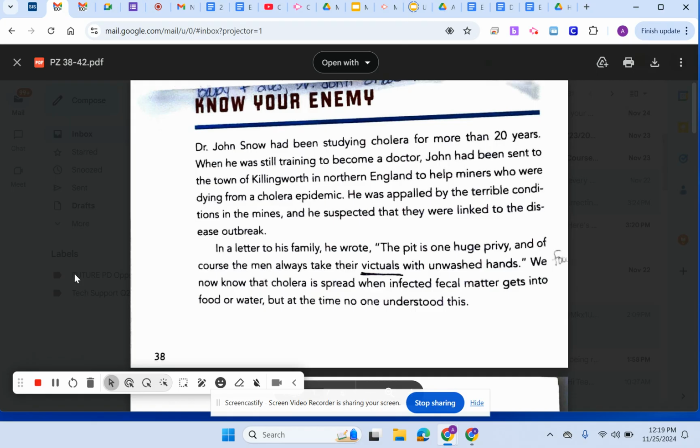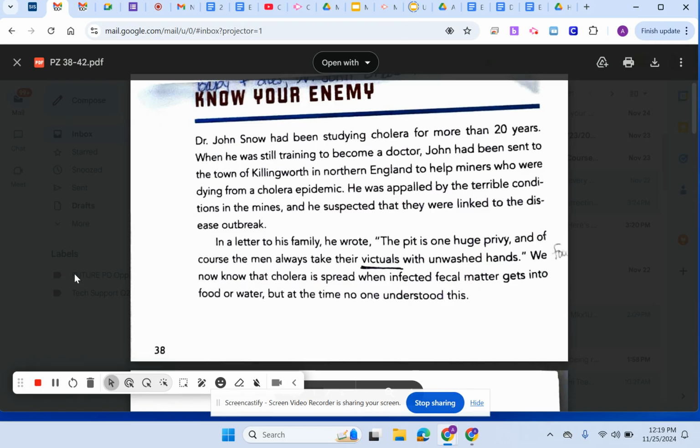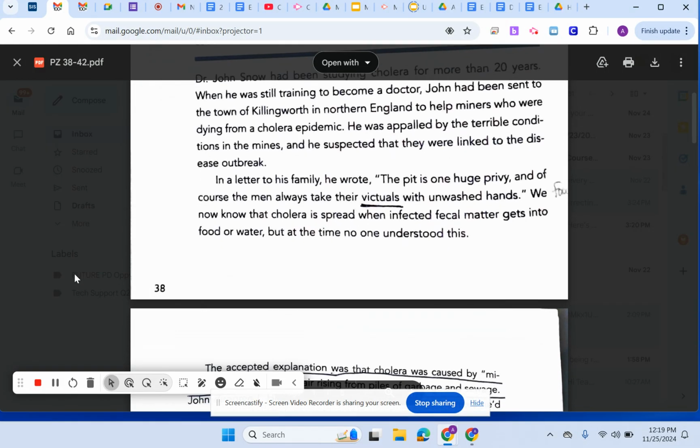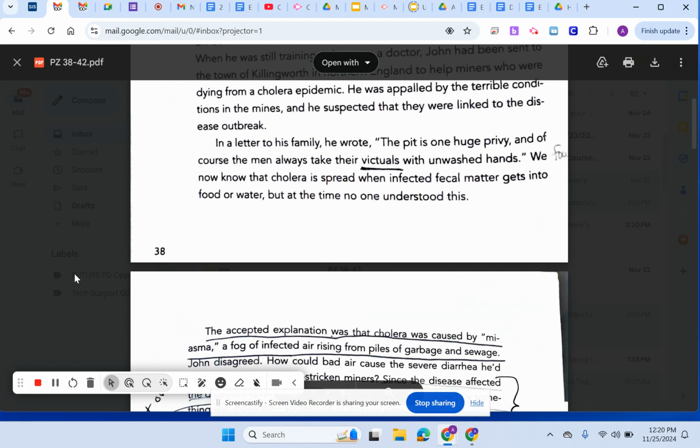Dr. John Snow had been studying cholera for more than 20 years. When he was still training to become a doctor, John had been sent to the town of Killingworth in northern England to help miners who were dying from a cholera epidemic. He was appalled by the terrible conditions in the mines, and he suspected that they were linked to the disease outbreak. In a letter to his family, he wrote, "The pit is one huge privy, and of course the men always take their victuals with unwashed hands. We now know that cholera is spread when infected fecal matter gets into food or water, but at the time,